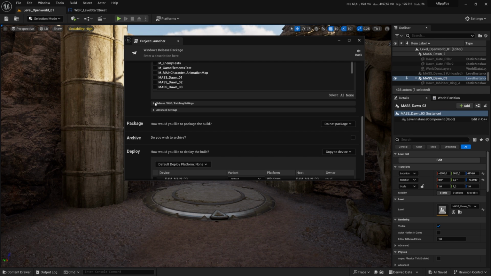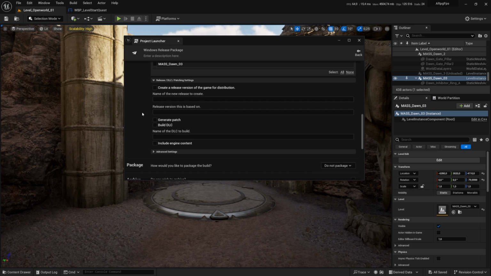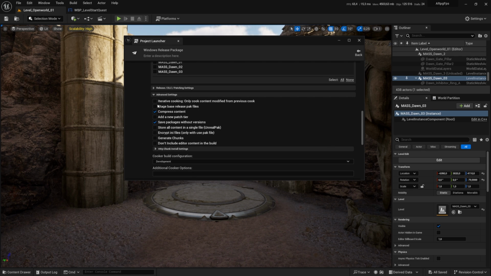Here in release DLC patching and settings, you will find that you can add the name of the new release version, etc. DLC. We don't need to touch this. In advanced settings, you can add iterative cooking, only cook content modified from the previous cook. This can be very useful to